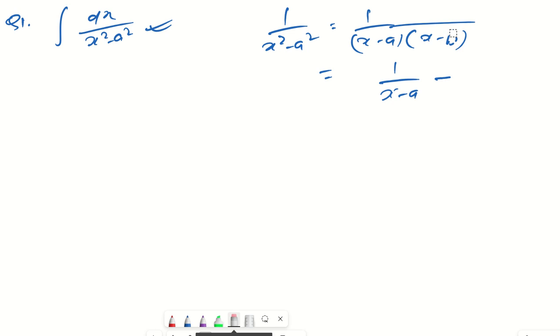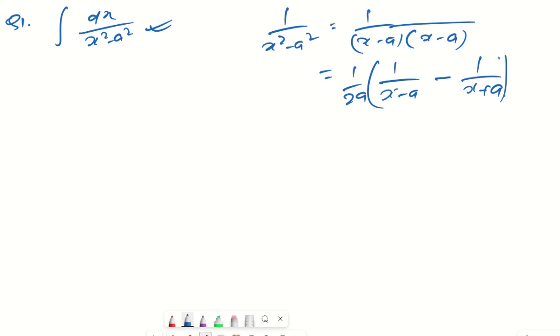So it is going to be x plus x minus a into x plus a. So it is going to be 1 by x minus a by 1 by x plus a. So what will happen? Here we will have x minus a minus of x minus minus a, so that will become 1 by 2a. So 1 by 2a will divide it so that we can get exactly this term, right? So this one can be written in form of this one, and now we know the integration of this very easily.